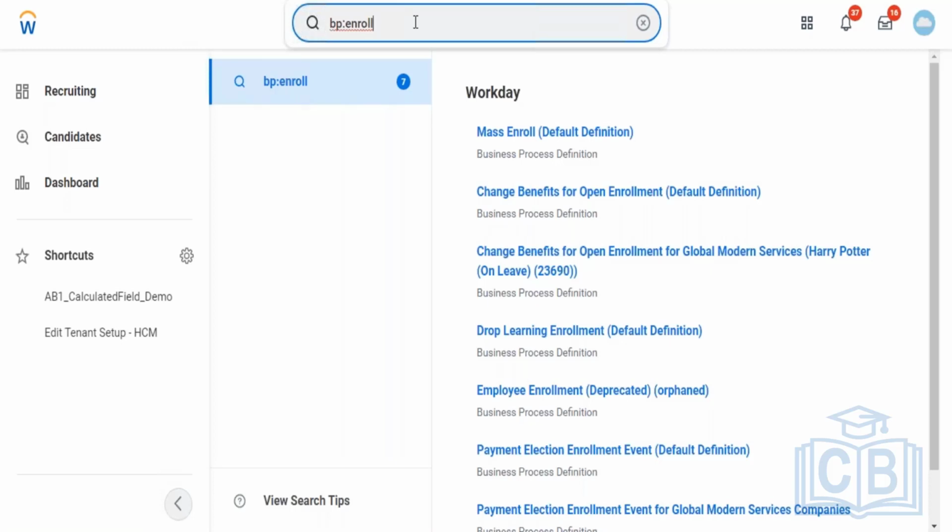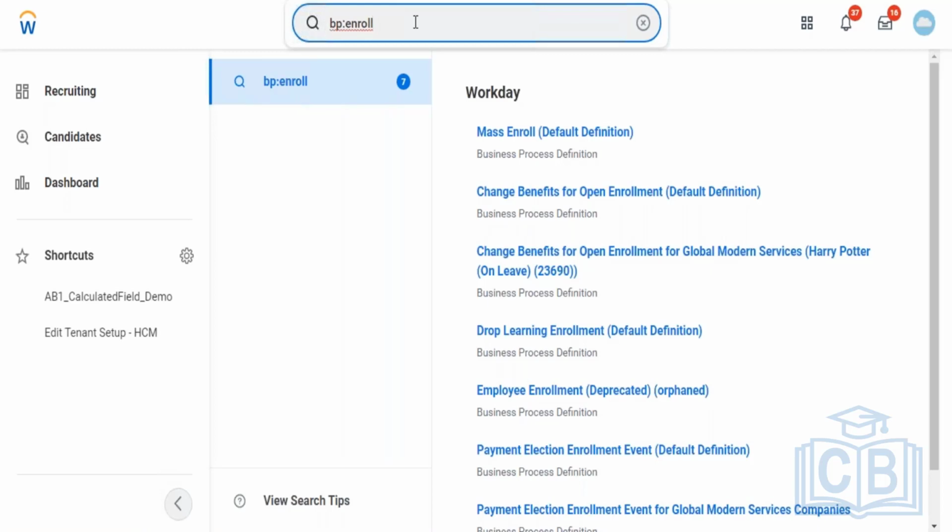Earlier we have seen that the learning worklet was not populating on our dashboard screen, on the home dashboard. We were not able to see that learning worklet because that domain permissions were not enabled for learning administrators or implementers or employees, anything. So we went into that particular domain, gave that access to the intended security groups, and when we activated policies, we were able to see that learning worklet populated on our landing page. Similarly,